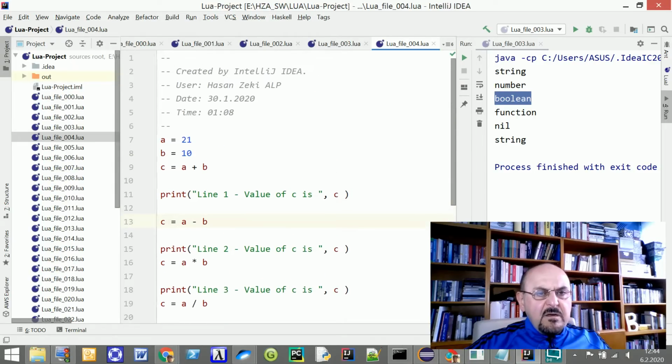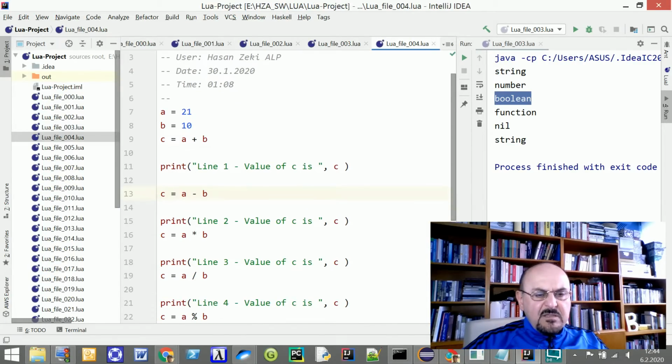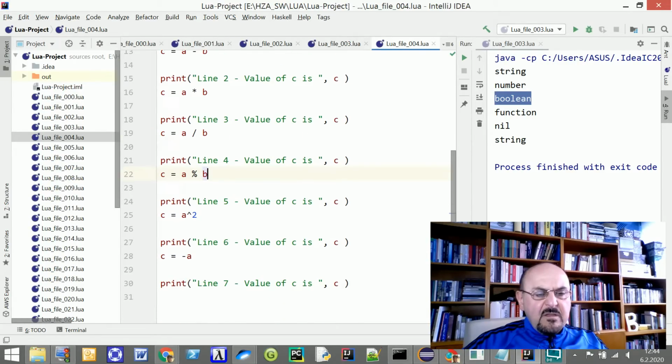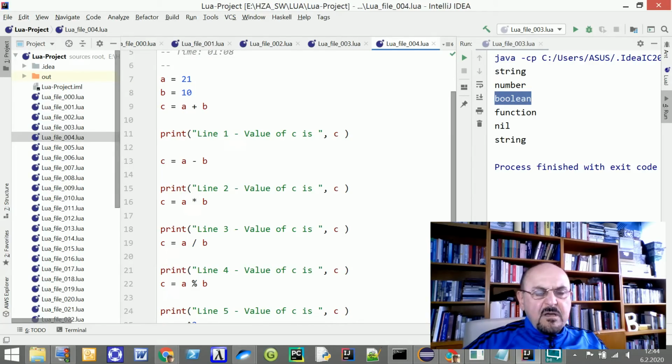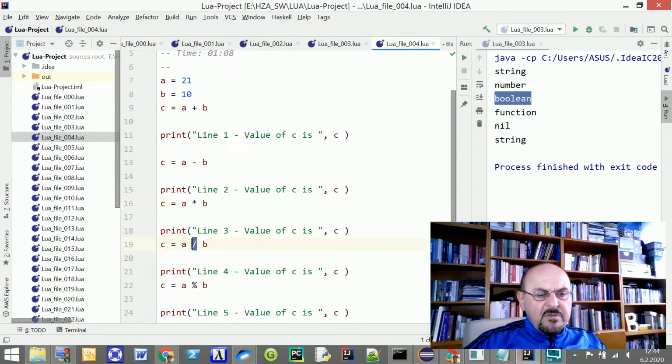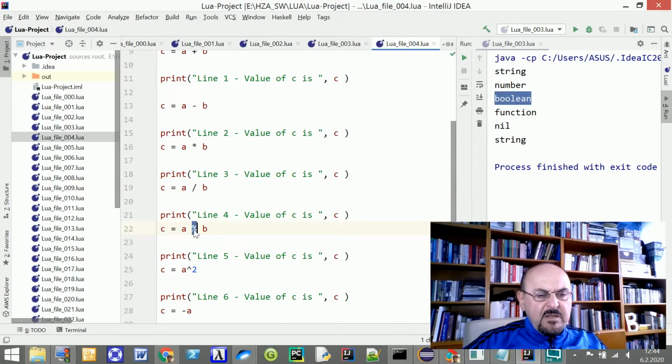How about my next example? Here I would like to give an example of four operations. That's to say, sum, addition, subtraction, multiplication, division, division with remaining, exponential, and negation. For these operations, I simply use plus, minus, multiplication or asterisk, division or slash, and percent sign for modulo arithmetic or division with remaining.